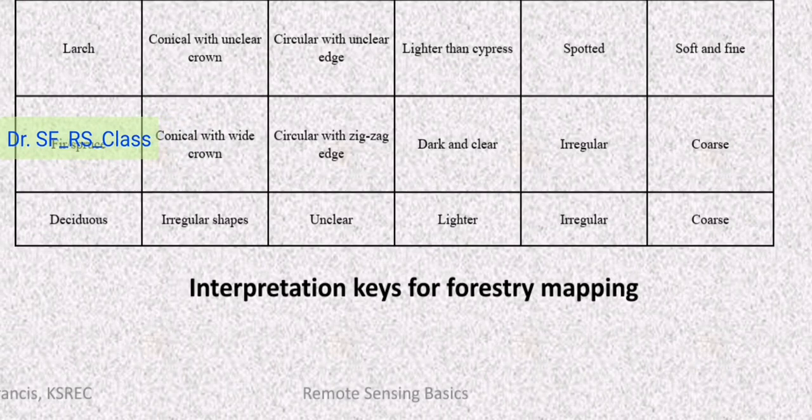So this is the basic interpretation key on which we can mark out a deciduous tree or a deciduous forest. Deciduous forest will have irregular shape. The deciduous trees won't have a round canopy or a particular shaped canopy. It won't be conical, as in the case of pine forests.